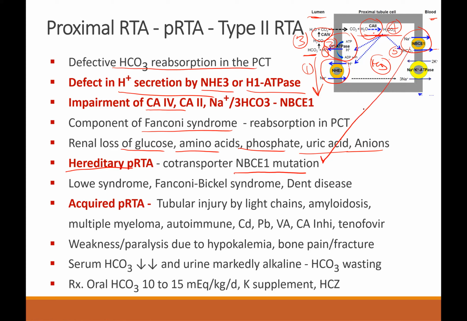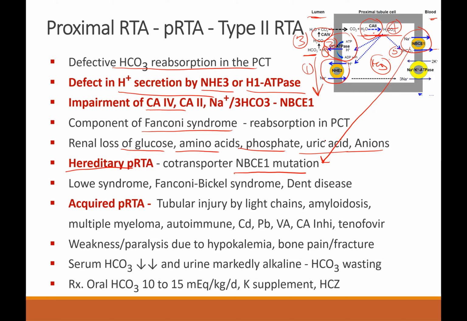This is that co-transporter, NBCE1, sodium bicarbonate exchanger 1, which is a symporter. A mutation of that receptor will not allow the bicarbonate to enter the body. Bicarbonate stagnates in the cell, so bicarbonate is not reabsorbed further from the lumen because the reaction is stopped there in the cytosol. And that loss of bicarbonate in the urine means there is excess acid in the body. It leads to acidosis, or renal tubular acidosis.